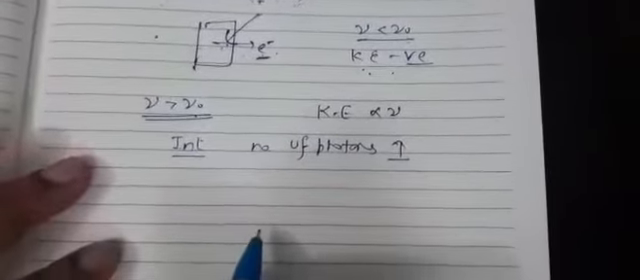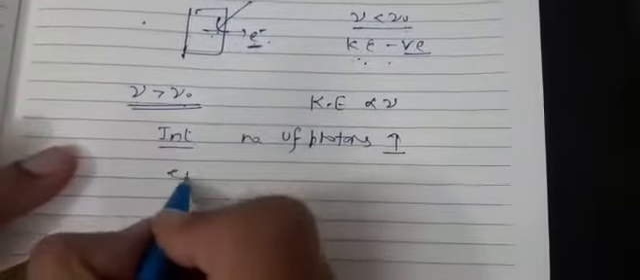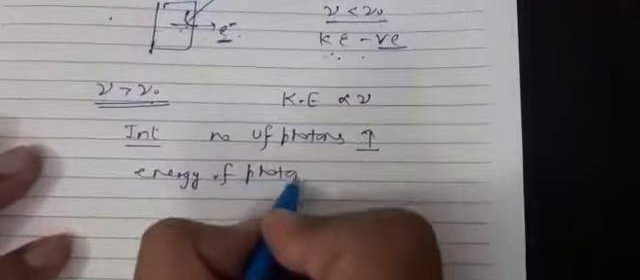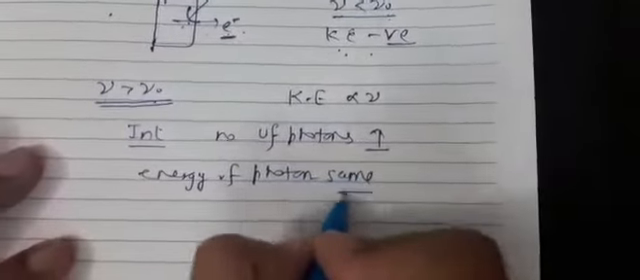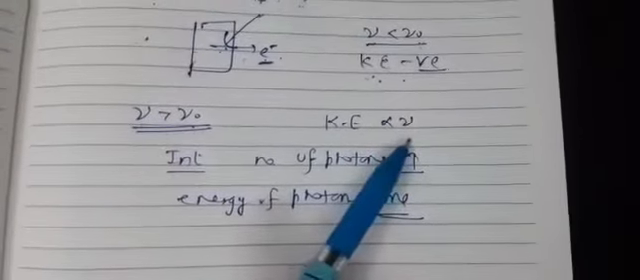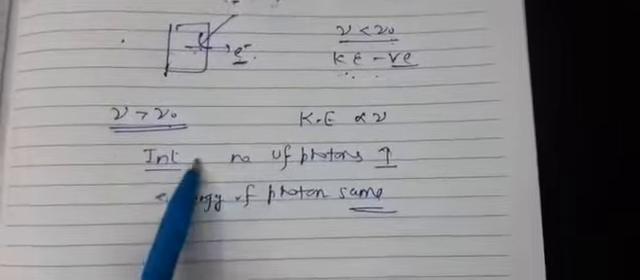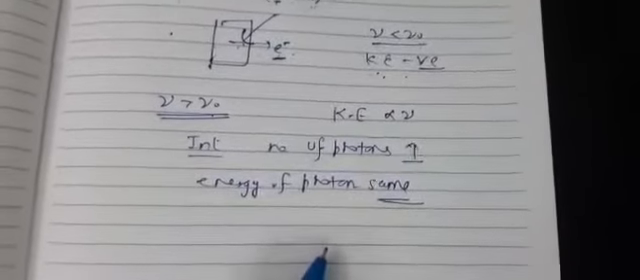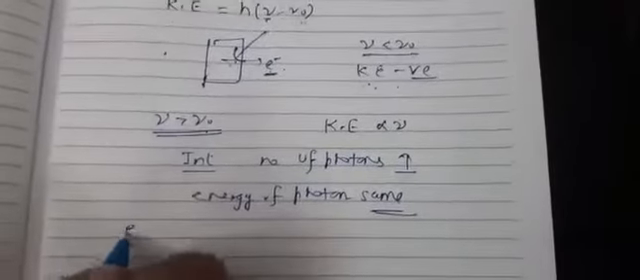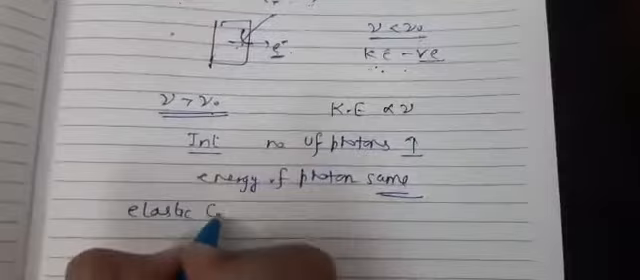Number of photoelectrons will increase, but energy of the photon will not change. It will remain the same. So we can say that kinetic energy depends upon frequency, but it is independent of intensity of incident light. Now the fourth law. The phenomenon of photoelectric emission is an effect of elastic collision